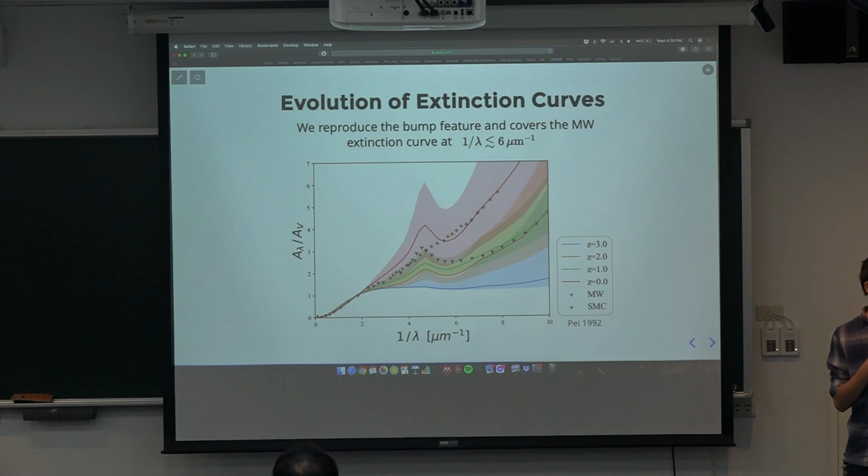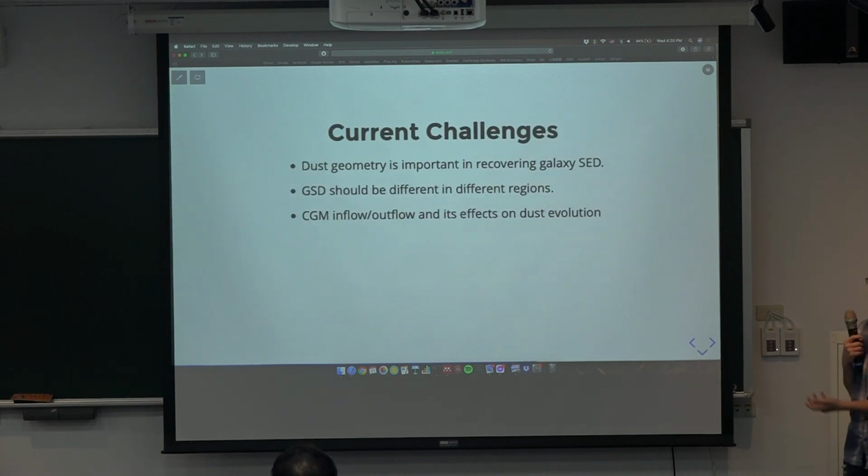And in the end, I will bring you some current challenges of our model and also of dust evolution simulations. The first thing I will mention is the dust geometry, which is important for the galaxy SED, and I will show you an example later. The second thing is that the grain size distribution will actually be different in different regions of the galaxies, and I will also show you later. And the third thing is,